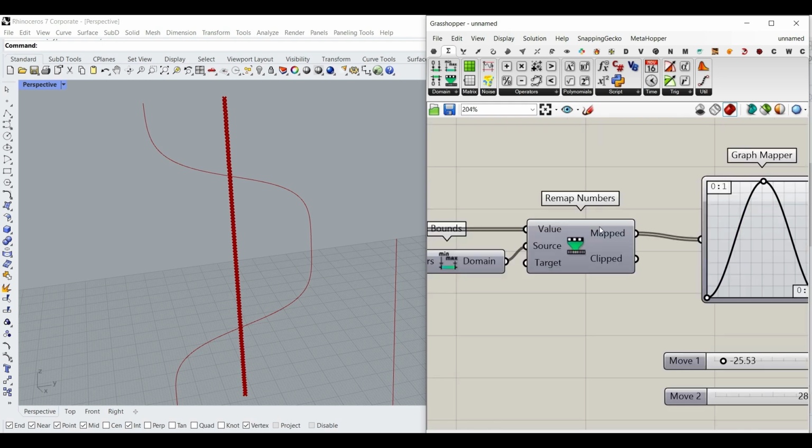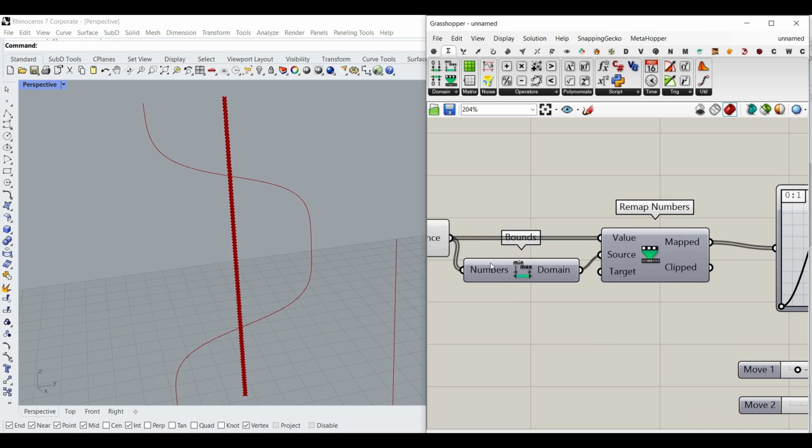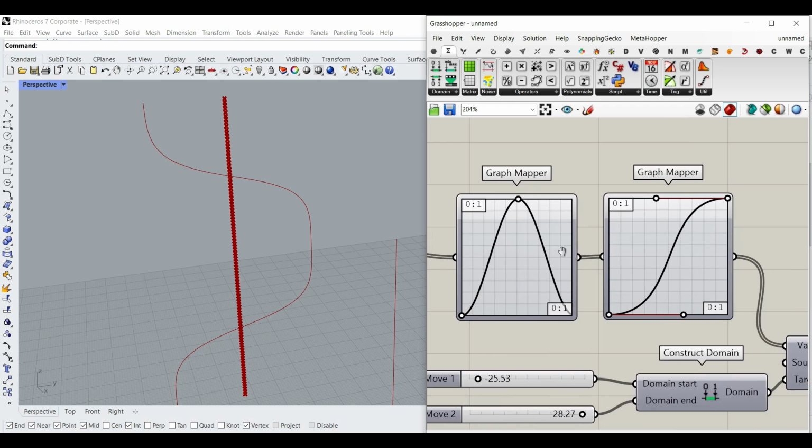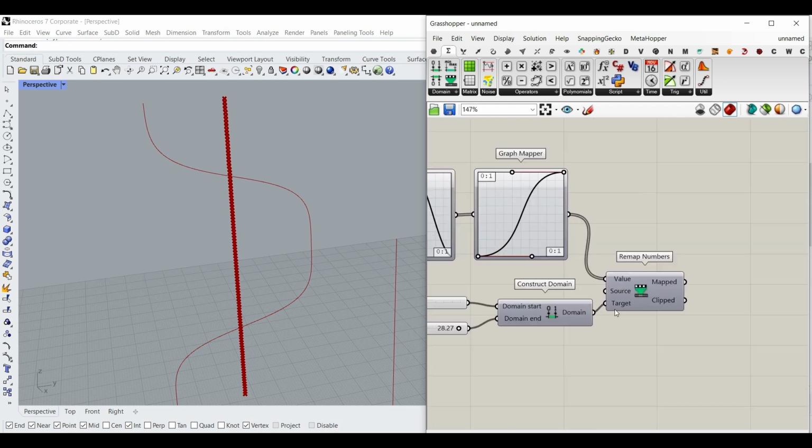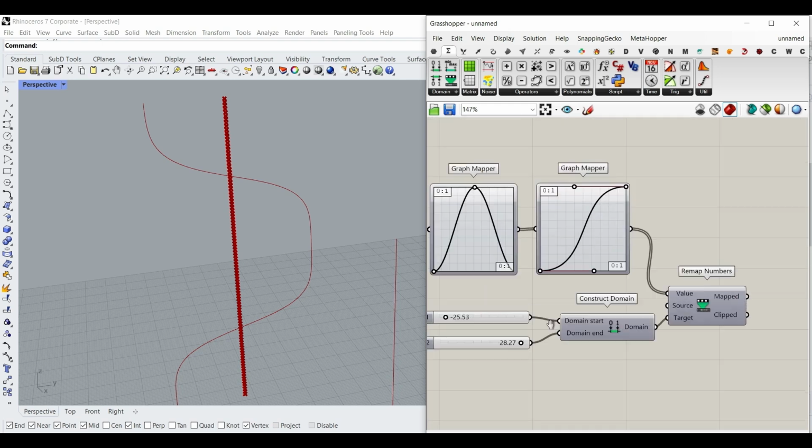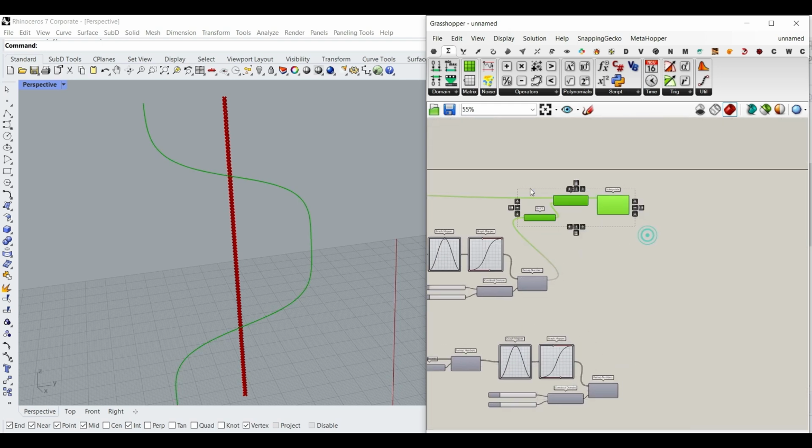So remember that remapping those by giving it the bounds to the source and the target, by default 0 to 1, we can get it ready for the graph mapper type, and then we remap it back, and now it's between 0 and 1. We want it to be between a new target. Okay, now that we have that,